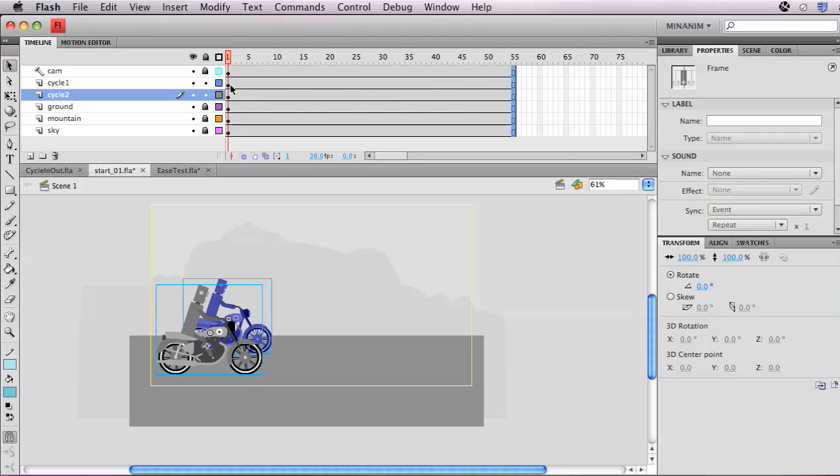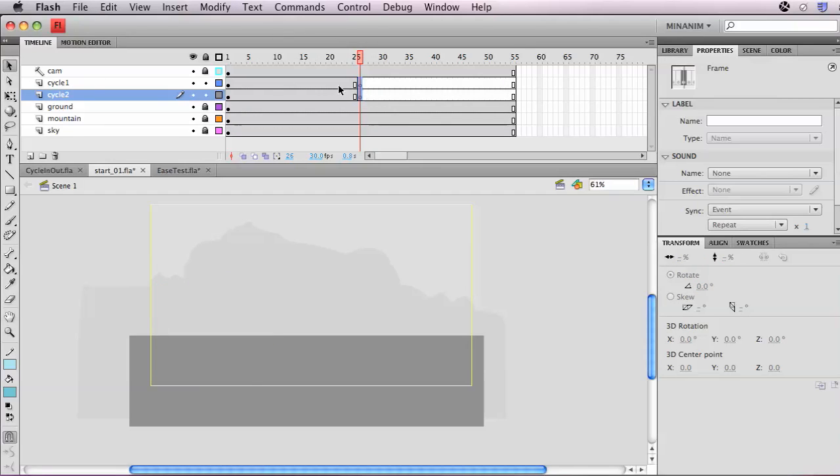I want this animation. I'm just going to animate them side by side, that way you can see the differences between applying ease and no ease. So I want them both to take about 25 frames. On frame 26 on the cycle 1 and cycle 2 layers, I'm going to press F7 just to cap those